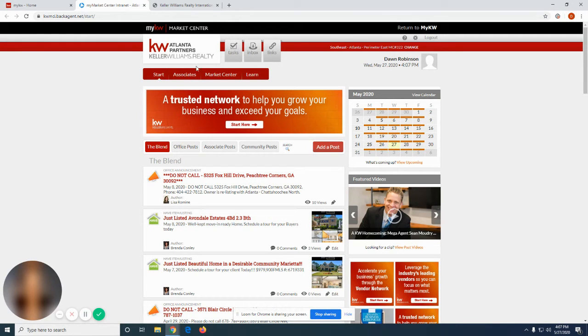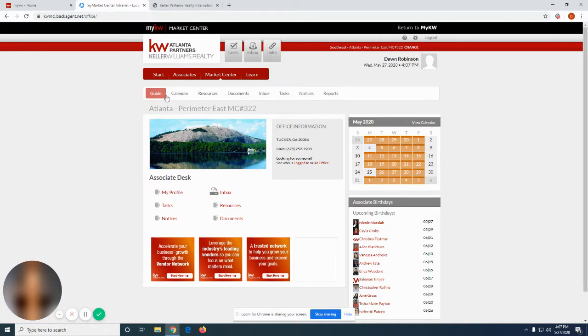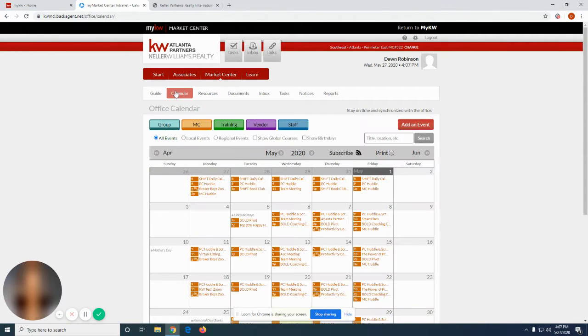Most of the information you're going to need is going to be under this Market Center tab. Let me click on the Market Center tab. You can see you have a couple of resources up here. So we have a calendar. This is going to be the training calendar for the office. I'm going to show you where that is also on a Google Calendar, but we keep it up to date in the